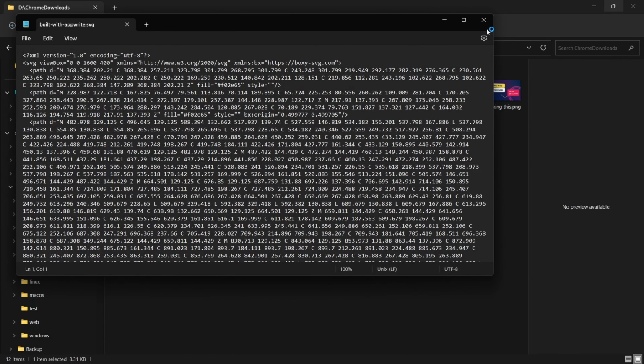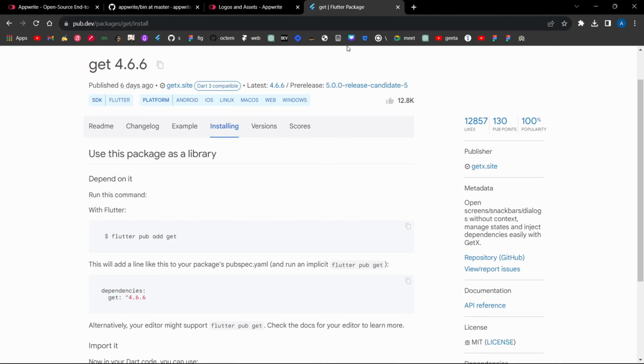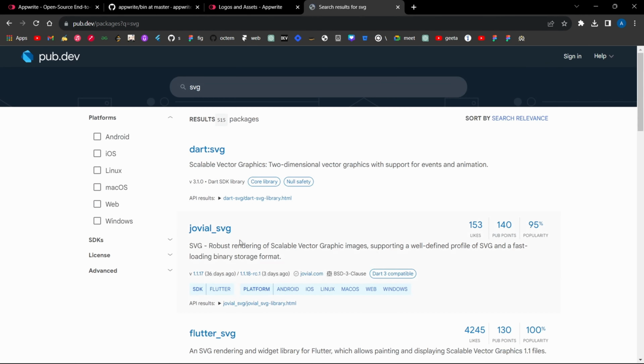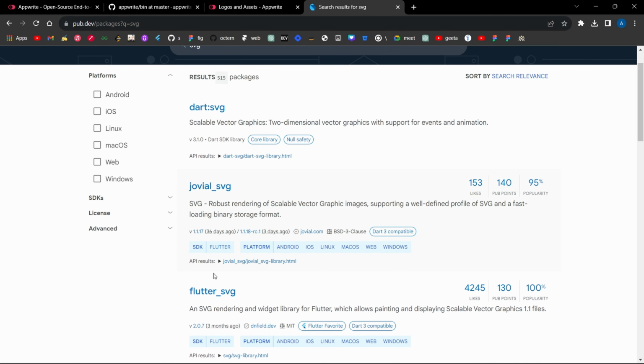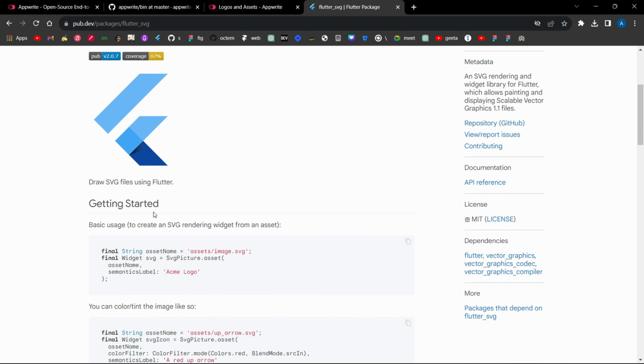So to show this SVG thing, I have to do one thing. I have to go to the search bar and search for SVG image, flutter svg. Yeah, flutter_svg, it is used to show the image. Okay, it should be SVG picture. Okay, so